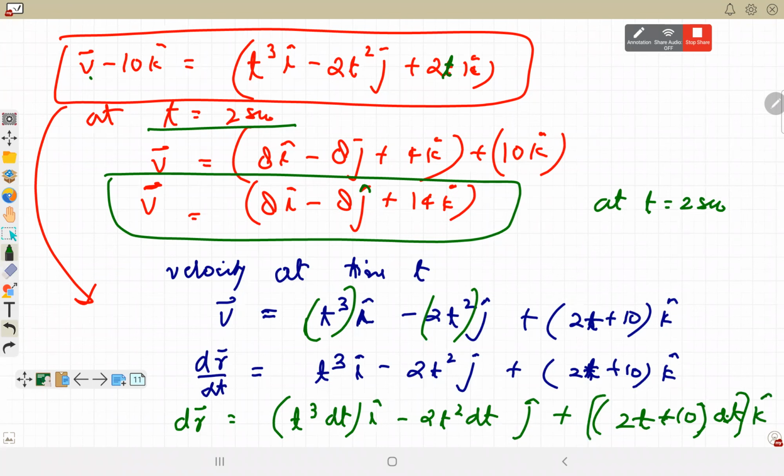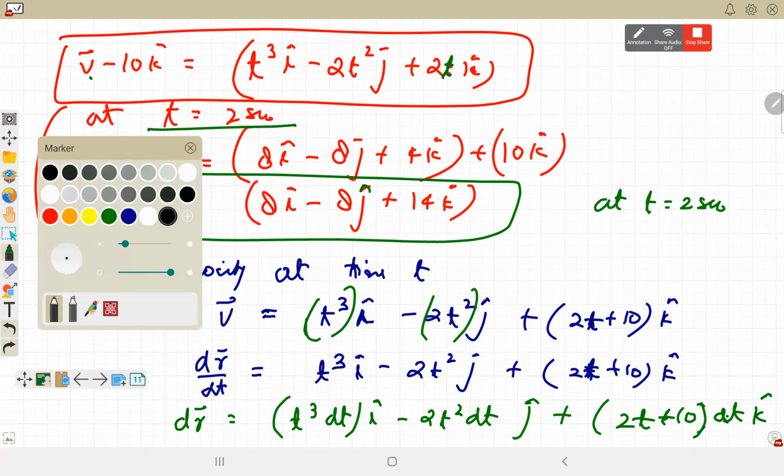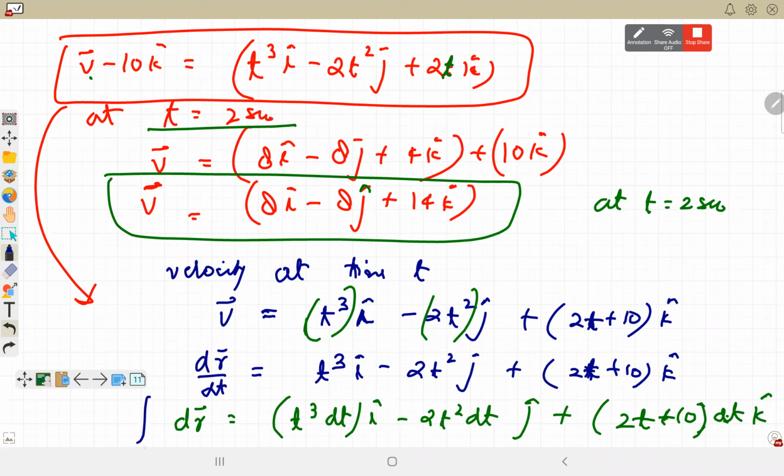Now we need to do the integration of these steps from 0 to t. इधर integrate करेंगे left side में from 0 to t. इधर हम integrate करेंगे x1 to x2 because initial coordinate r1 to r2 is known. Here it will integrate from 0 to 2. Here also we will integrate from 0 to 2. Solve करके आंसर निकालना.